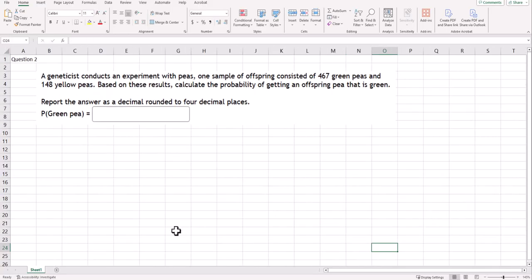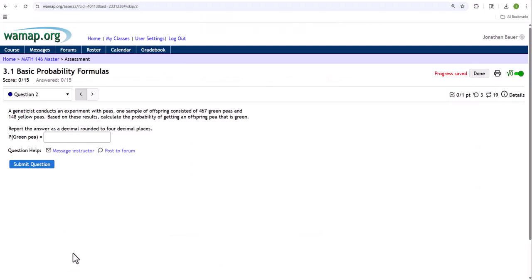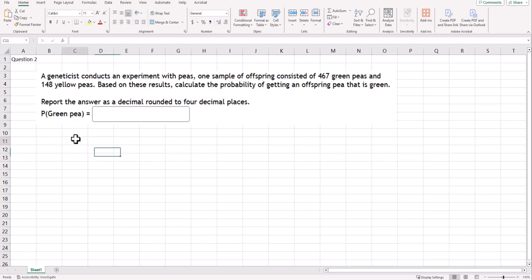I'm going to zoom in a little bit. I believe that's question 2. Yeah, section 3.1, question 2. Okay, so